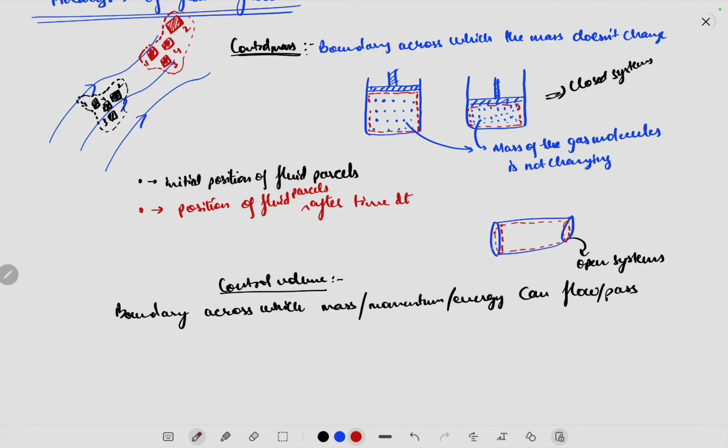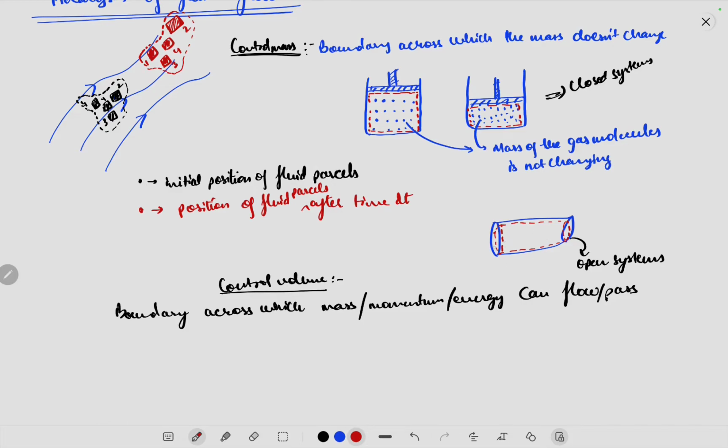For example, here we were interested in knowing various properties like the velocity of the fluid inside this pipe, etc. So we define the control volume to study about those properties. Okay, so now as we can see here,